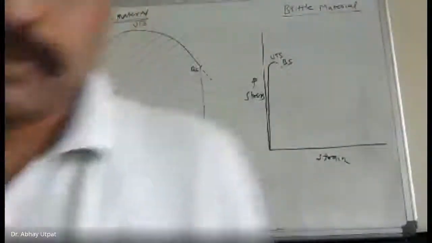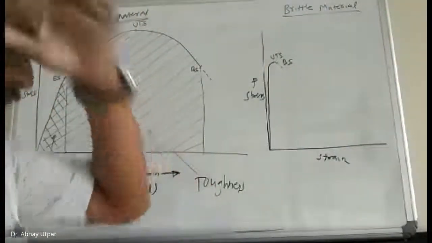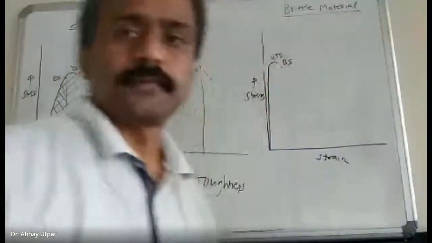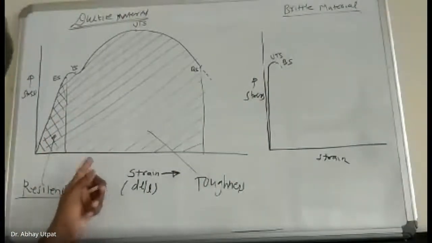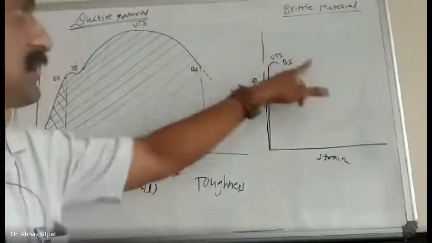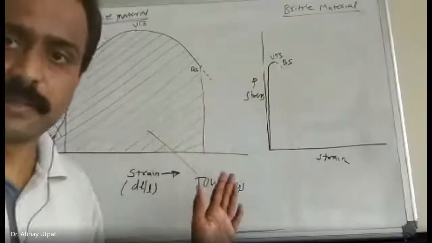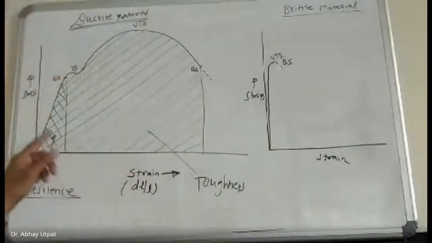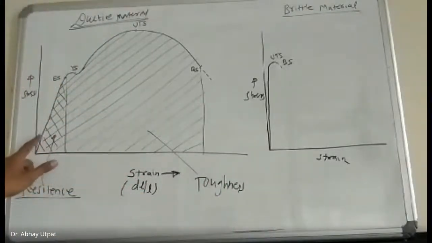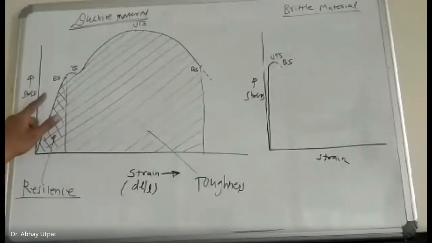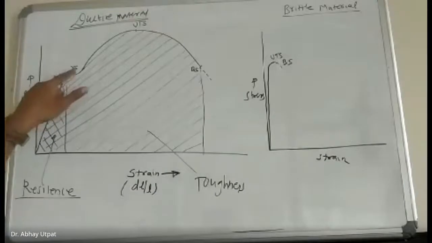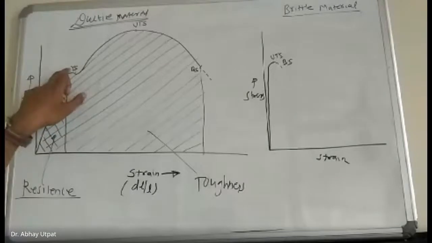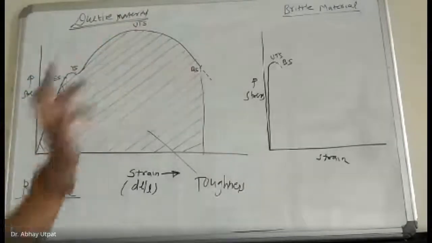Okay. Please pay attention. Now, this is the stress strain curve for ductile material, and this is the stress strain curve for brittle material. See the difference. Brittle materials are very poor in tension. You see here for ductile material, if you go on applying load, the material will go on elongating, and then it will show an elastic stress, yield stress, ultimate tensile stress, breaking stress.